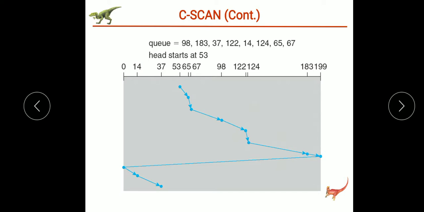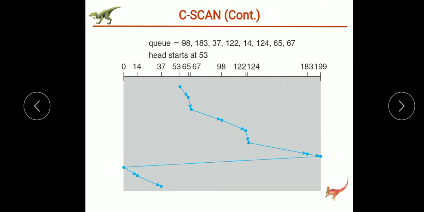We have been told that the disk arm starts at one end of the disk and moves toward the other end. But in practice, the practical algorithm does not work this way, because the head will not always reach the end of the disk. If and only if there is a request at the end of the disk, the head will reach that end. Otherwise, it will not reach the end.